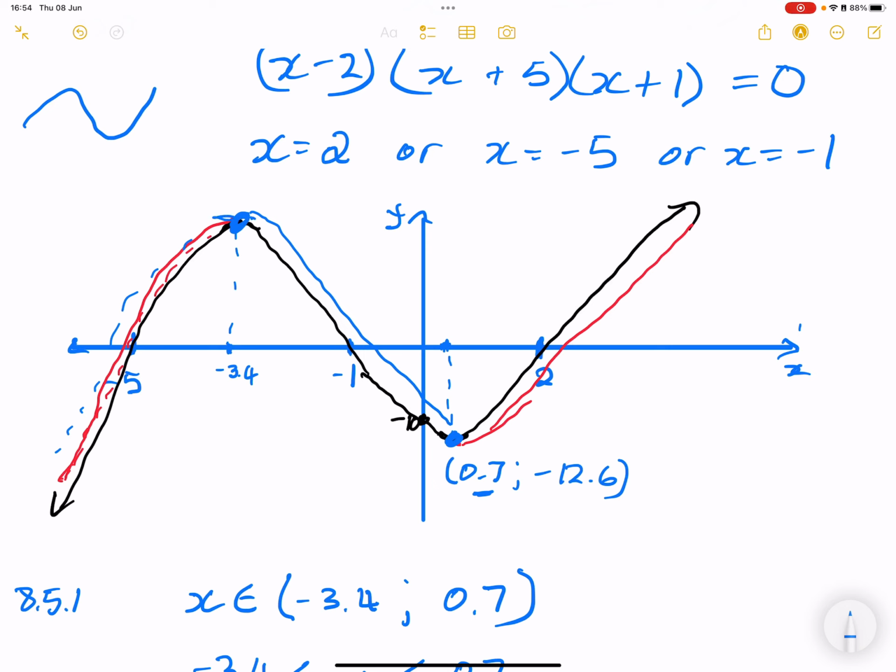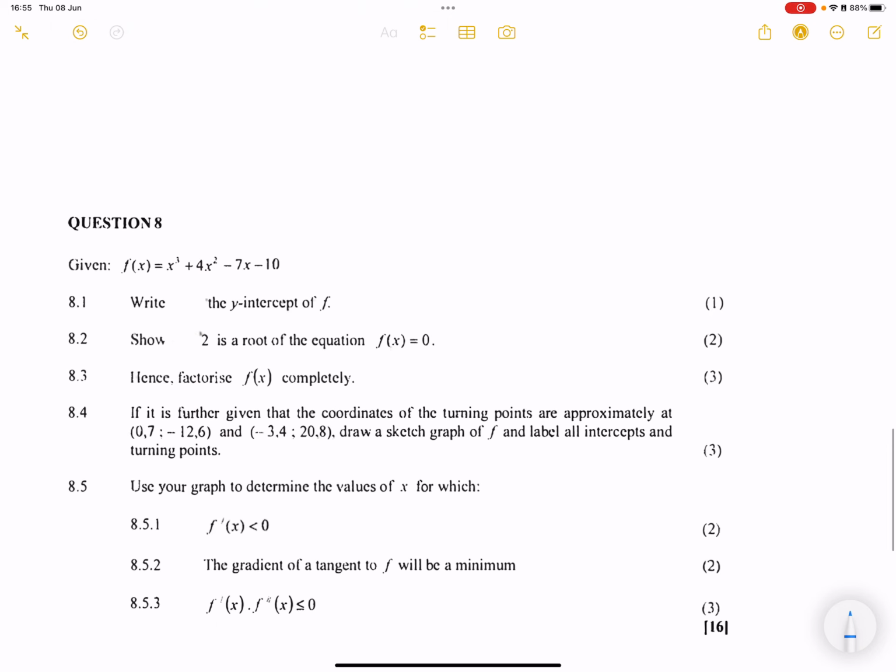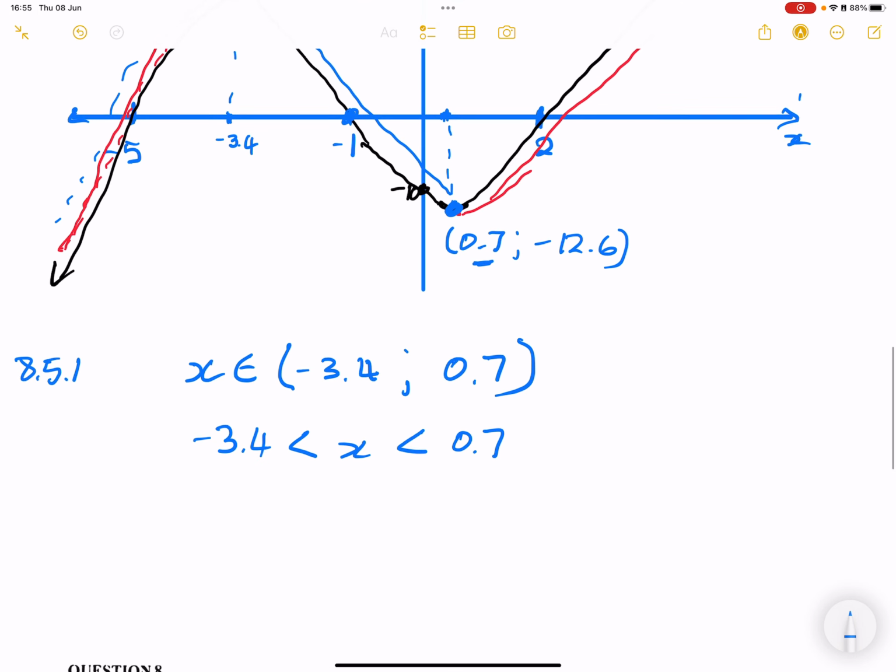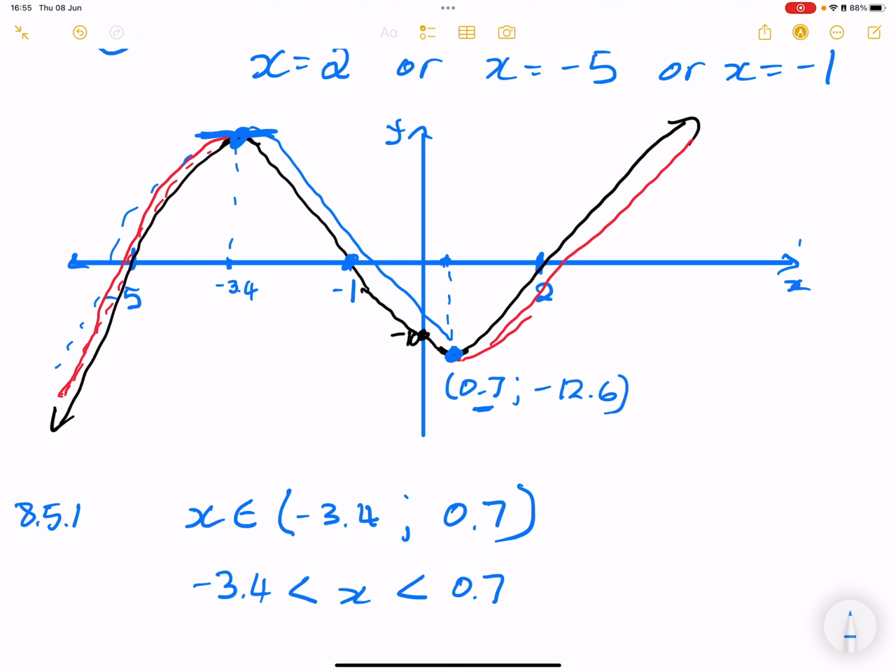So we know that the gradient is actually 0 over there, at the turning point. And of course, we know that then it becomes negative. So the gradient becomes negative, or rather a minimum, in this case, at the point of inflection, because that's when it starts changing again. So the point of inflection, ladies and gents,